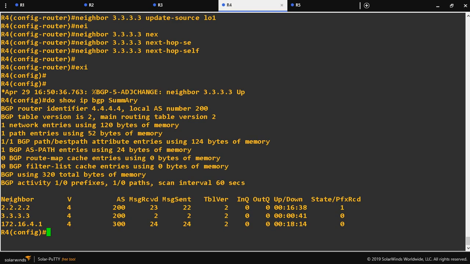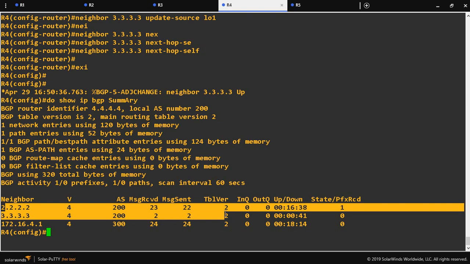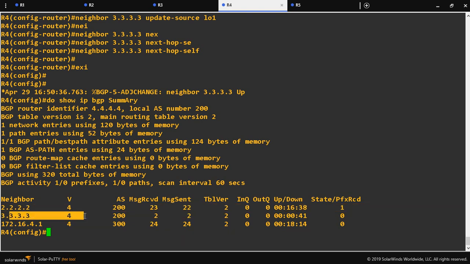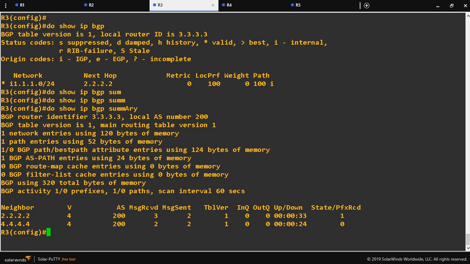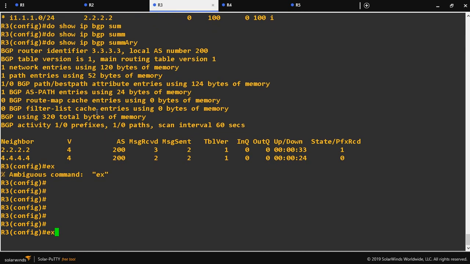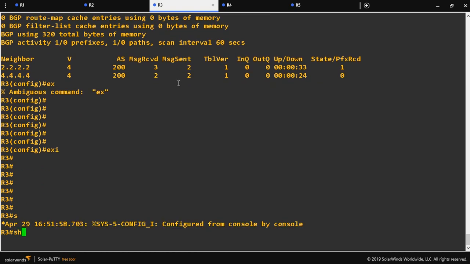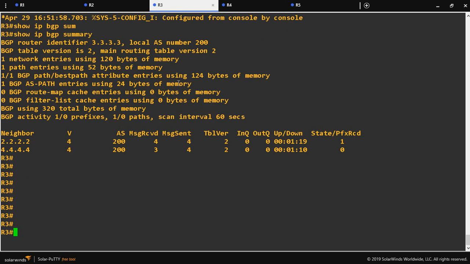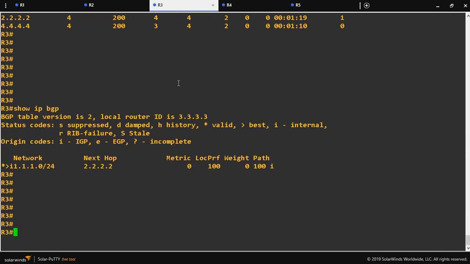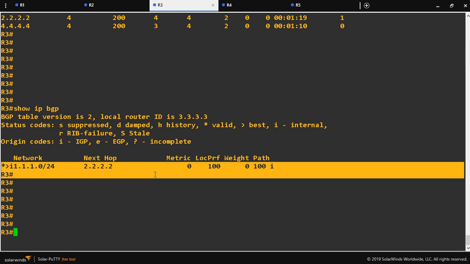Okay, so this is an IBGP between R2 and R3, and this is an IBGP between R3 and R4. This is an EBGP between R4 and R5. Okay, so here we can see in R3 router we learned 1.1.1 as valid and best path.